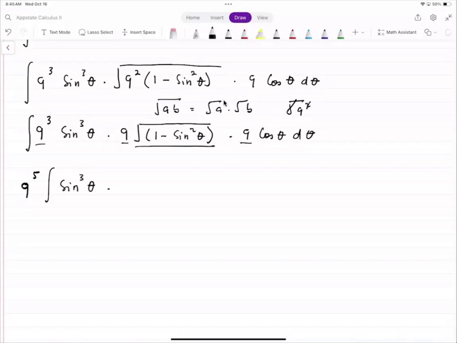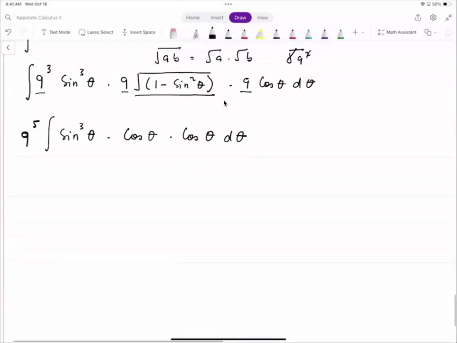Cos theta, like in our previous example. Cos theta times cos theta, because 9 times 9 is 9 squared, times 9 cubed is 9 to the power 5. When the bases are the same and they are multiplying, all we need to do is add the exponents. So now we can see that our expression is now